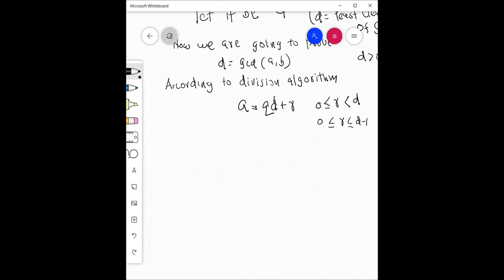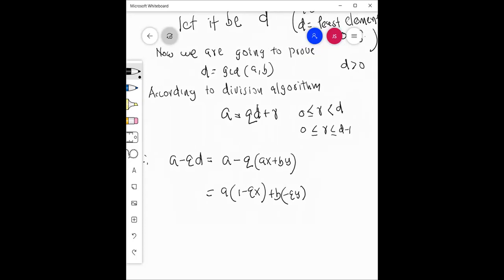Now use this trick. Therefore, A minus QD equals A minus Q times (AX plus BY), which is equal to A(1 minus QX) plus B(minus QY). Now let's focus on that very carefully. Why am I writing it in this case? I can explain it. D is an element of S. Therefore, there exists